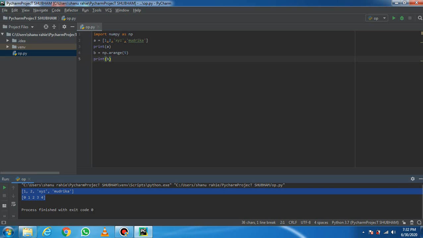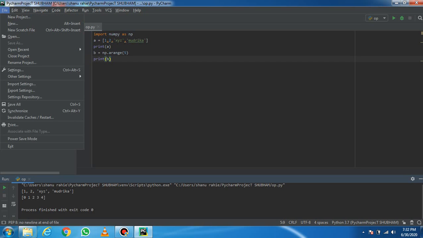Is that clear? Now you will face a simple problem when you are doing the same program on your PCs. At that moment you will not find the direct output result. Why? Because you have not installed the NumPy package. In my PyCharm platform I have installed the NumPy package, but on your PC you have not installed the NumPy package yet. So how to install that package?